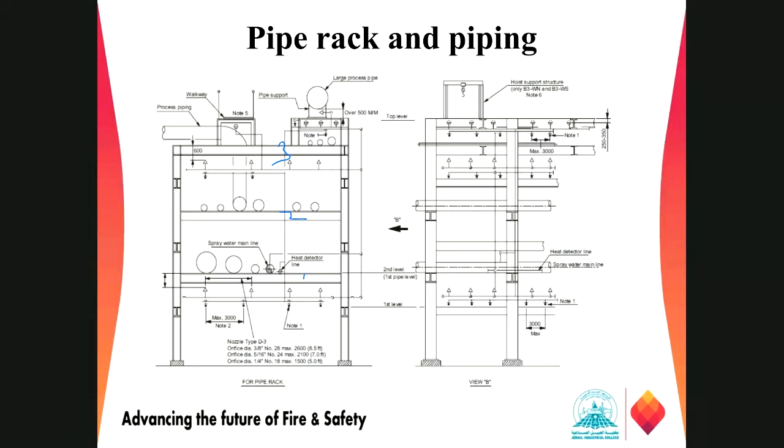Now, I was talking about the fireproofing in the beginning, right? Suppose there is a fire and the column is getting damaged by the heat from the nearby area. If you are not applying the fireproofing material on this column, the heat from this side will come into this one, and it will lose the mechanical strength.